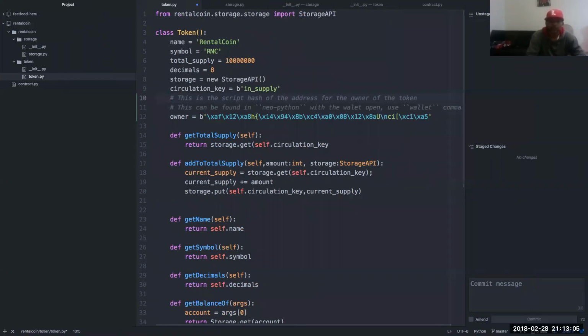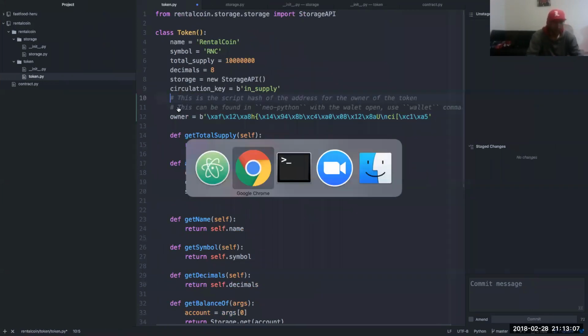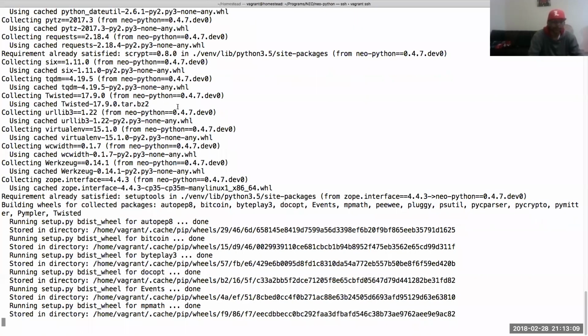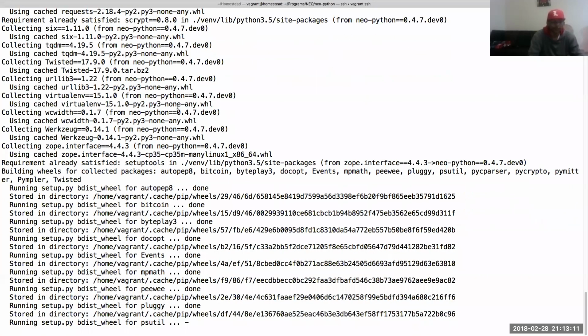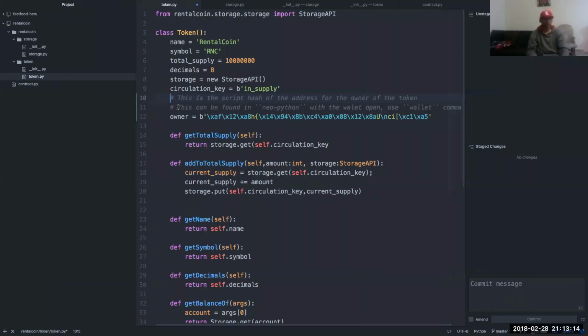You can find NEP5 with the wallet open. All right. Oh my goodness. All right, well, in the meantime, I guess that'll work. So basically, we're going to check the script hash of the owner variable to class.